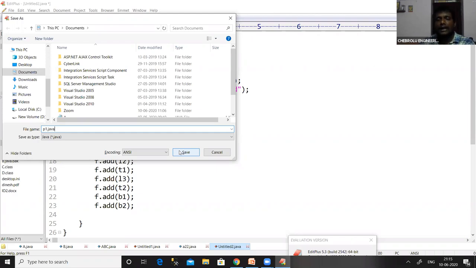If there are multiple classes in a Java program, we have to save that program with the name of the class which contains the main method. The main method resides in only one class, and we have to save the entire program as classname.java where the main method resides. So here in this program, we have only one class, that is the P1 class. So I am saving this program as P1.java.